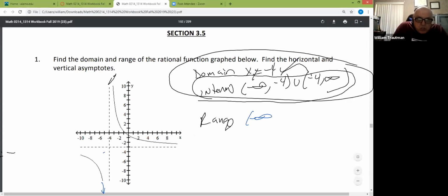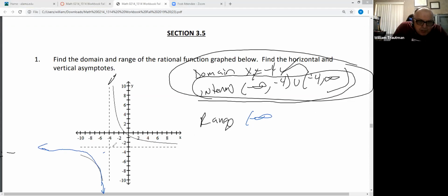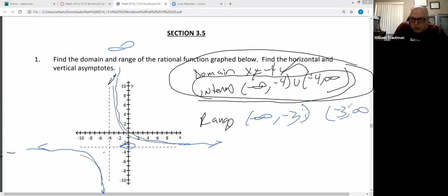So the graph comes all the way up and it stops right here at -3. You see, it can't cross -3. But then on the other side of -3, it starts going all the way up to infinity. And it's a union of that. So in other words, you can say